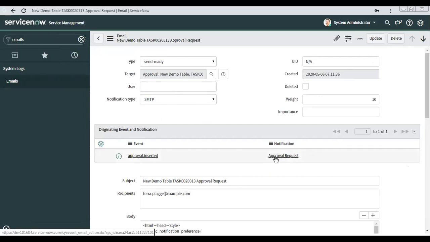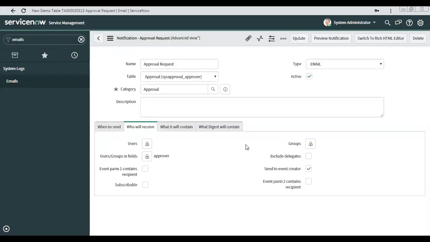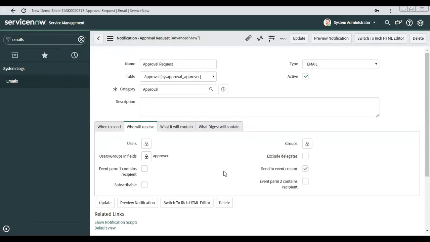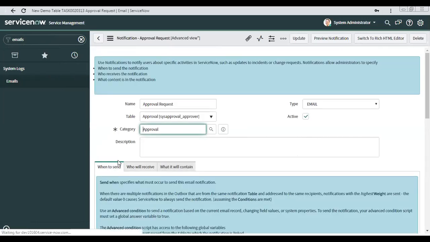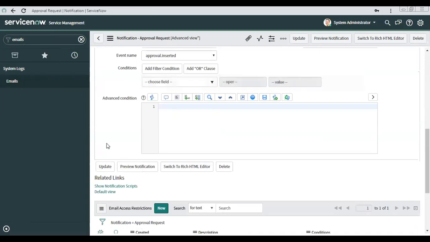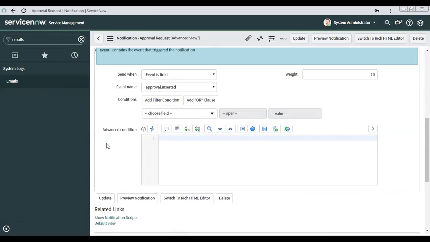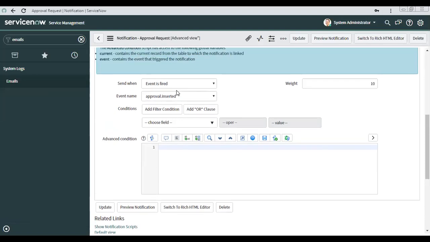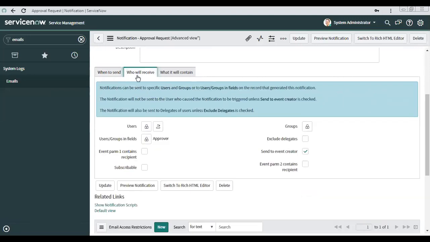There is a business rule written as part of the ServiceNow approval engine. This business rule is triggered when a record is inserted into the approval table, and then that business rule fires this event every time. And by default, it is sent to the approver of the approval table.